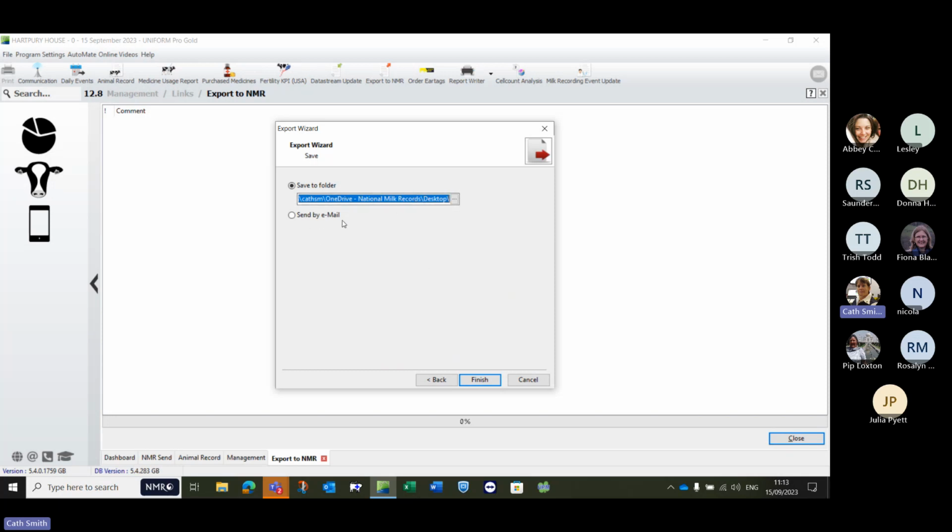There is a send by email option here. It depends if the email has been configured correctly on Uniform. So I would go with the save-to-folder option first and then attach it to the email. That's probably best. So if I finish this one,